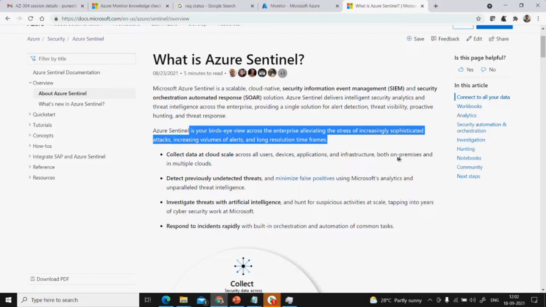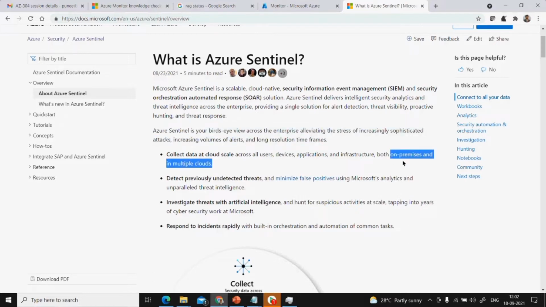The most important feature is that it works on premises as well as multi-clouds. It's not only able to fetch the data from your Azure, but AWS, Google Cloud, or other clouds as well. It's capable of fetching the data from all the sources,